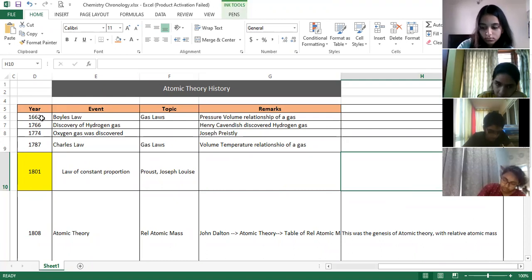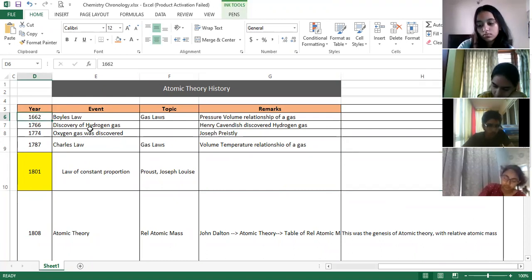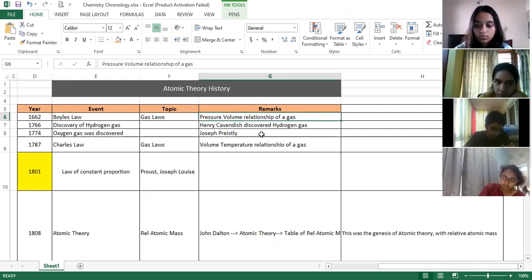See, the first important event that happened in chemistry, you can say, is in 1662, as per our current learnings are concerned. Okay, the scientist Boyle has come out with the first of the laws called Boyle's law, where he tried to give a relationship between the pressure and volume of a gas. Okay, so basically, what is the volume occupied by a gas? What is the pressure? Okay, we call that a PV relationship.